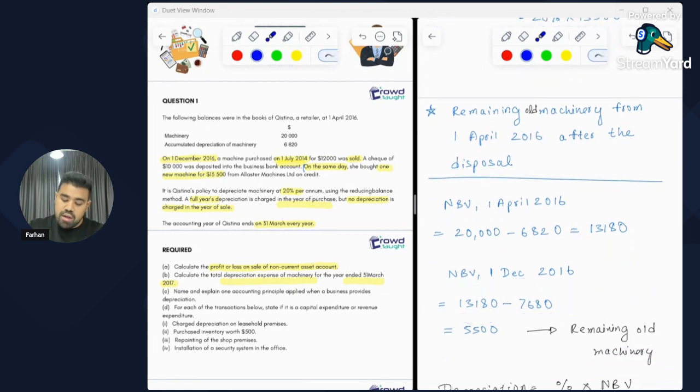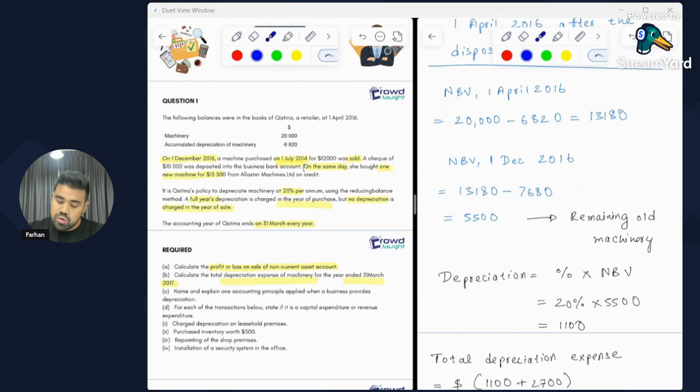We are left with $5,500 in net book value for the remaining old machinery from 1 April 2016. Makes sense? Now we are following the reducing balance method for this question, right? So what we're going to do in this case is multiply 20% with this net book value to find the depreciation for this old machinery for the year ended 31 March 2017, which is 20% multiplied by 5,500,